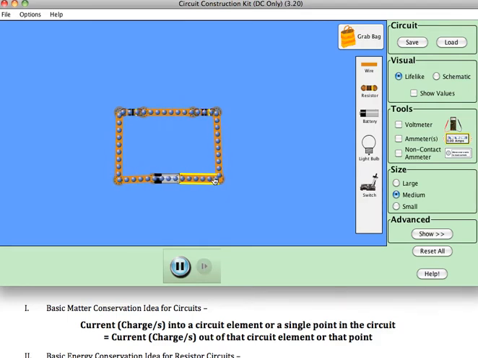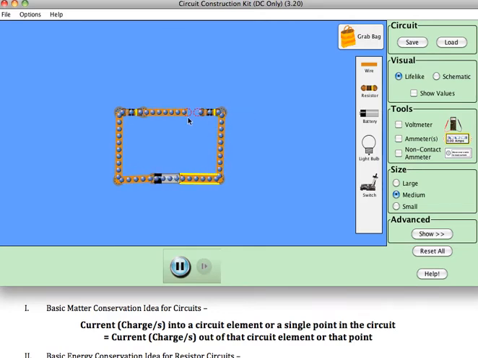So every time an electron runs through any point, as written down here, any circuit element or even a single point, if I look at the electrons coming in here, if an electron comes in here every 2 seconds, then an electron goes out of here every 2 seconds. You know, of course, by now that the current that we define, capital I, is going in the opposite direction. The electrons are running counterclockwise here, and because they're negatively charged, we define the current as running clockwise around this circuit right now. So that's the first big idea,